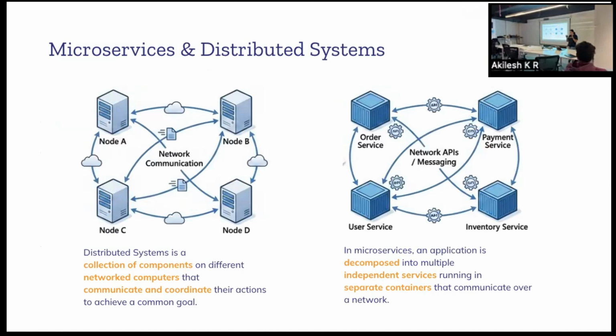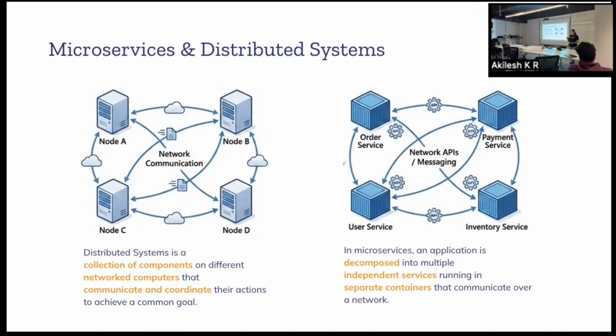If we imagine distributed systems as a connected set of computers over the network, we can apply the same parallel to microservices. We have broken down the monolith into independently deployable components; each runs in its own container, and each has its own DB.